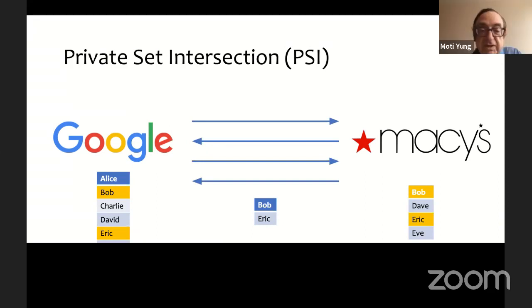So you see that Bob and Eric are in the intersection. Eve is not in the intersection, so she is not calculated, and Dave is not, and so on. So this is it. It's a very well-known problem, and it's just put here in the context of two companies that want to compute something in common.